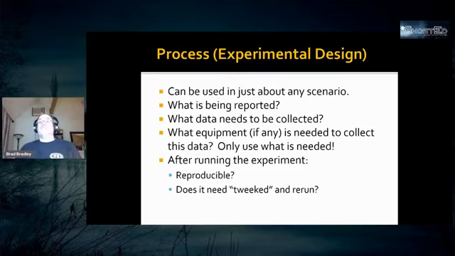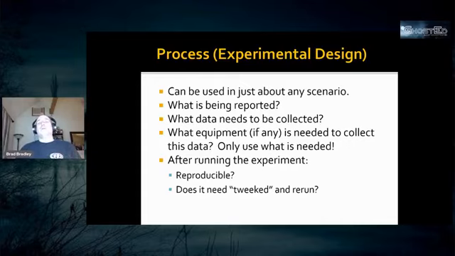Now, after running the experiment, you got to think, can we reproduce this? Let's try. We're going to have to try it again and see if we can reproduce this. We do that all the time. The example I'm going to give here in a little bit is from Bacon's Castle, and we go there a couple of times a year, and we've been doing that for 10 years. And that right there allows us to repeat experiments over and over and over again,